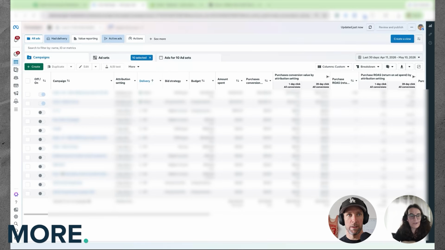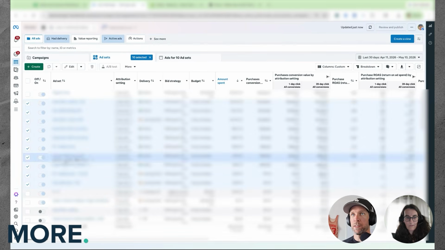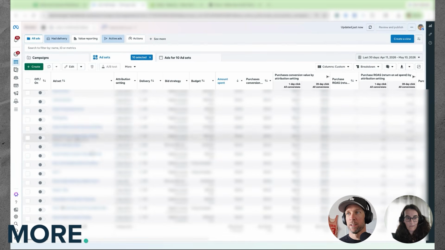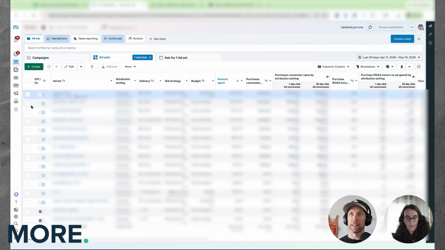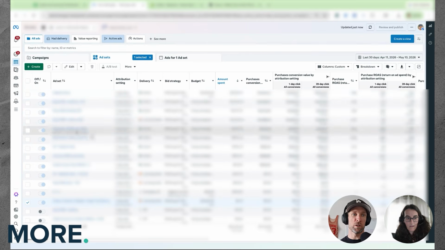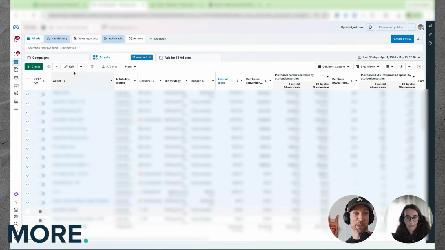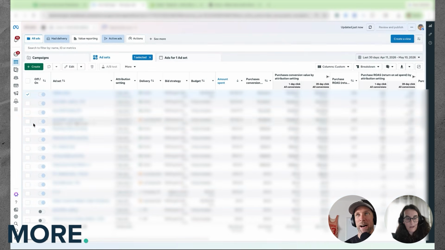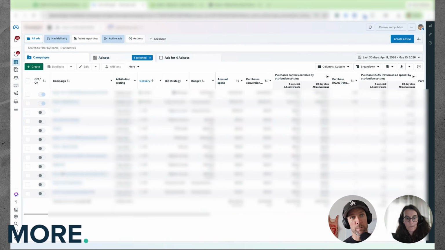Yeah. So would I duplicate the campaign or the ad set? Well, I was going to say duplicate the ad sets because it will be easier. You've got a lot of ad sets in here and you don't care about all these old ones that are not on anymore. So the simple thing to do is just take all of these like this and duplicate them. When you duplicate, put it into a new campaign and it should take all those ad sets and put them in new. It'll just be annoying. You may have to do like 4 of them at once, little by little, but get all of those into a new campaign that's at a bid cap level. But does the total approach make sense?